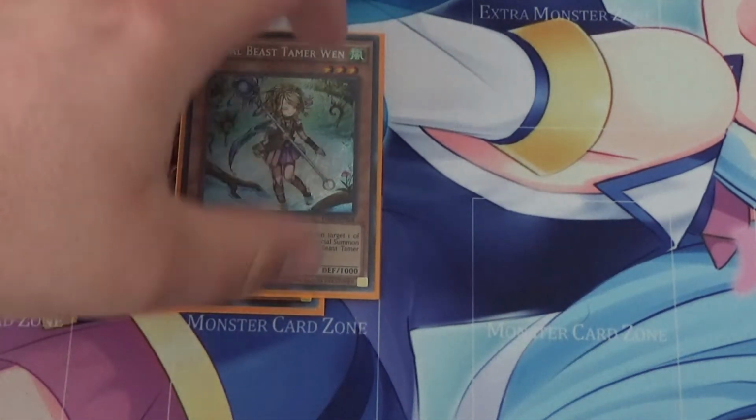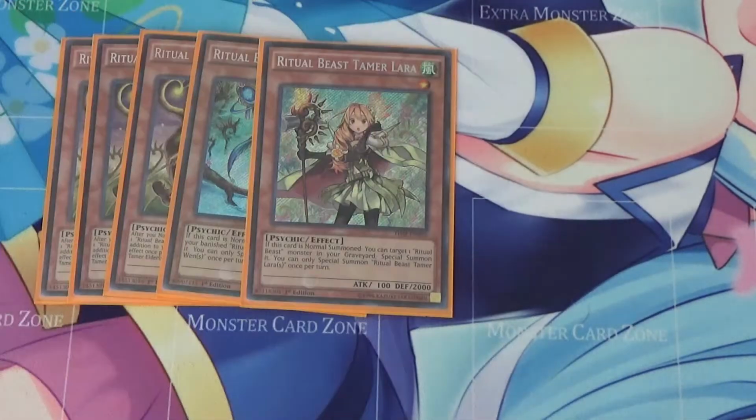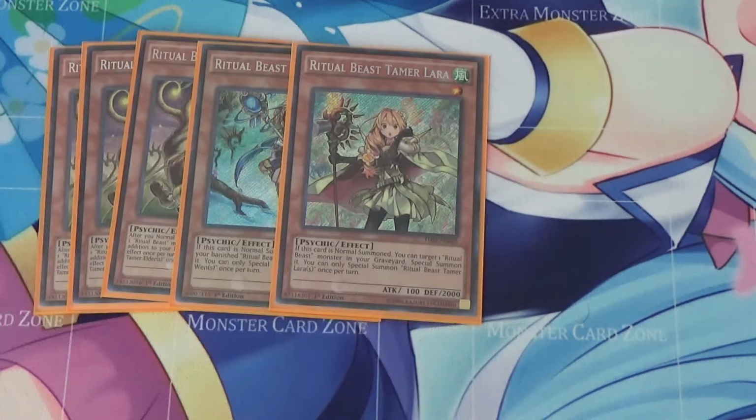I run the 1 Ritual Beast Tamer Wen. On its normal summon, you can target one of your banished Ritual Beast monsters and special summon it. And the 1 Lara. If Lara is normal summoned, you can target 1 Ritual Beast monster in your graveyard and special summon it. So this gives you an extra summon, and the Lara and Wen basically give you a little bit